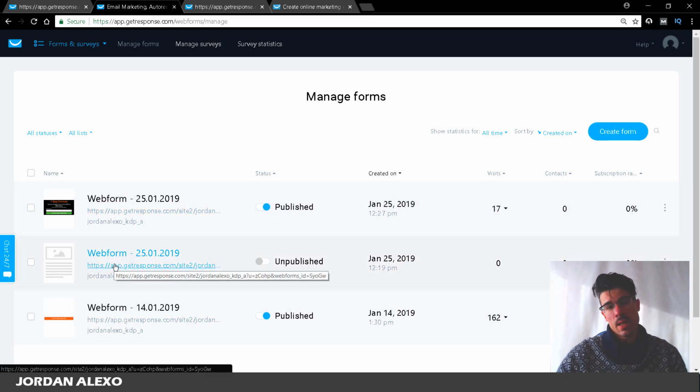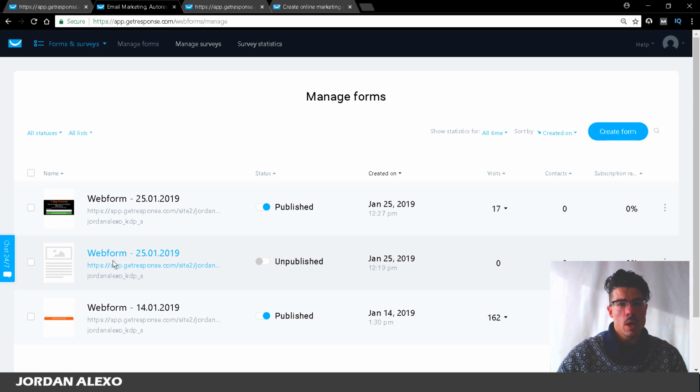This is just in case you have a website and you want to have an opt-in form inside of your website. You can use this option. If you don't have a website, you don't actually need to pay much attention to this. But if you have a website and you want people to go to your website and opt in, just create